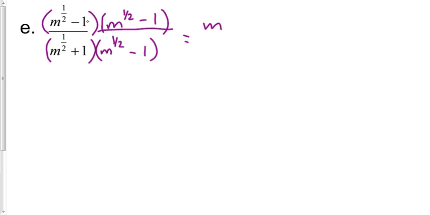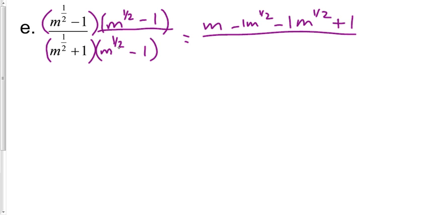Then I'm going to take the outside terms. M to the 1/2 times -1. That's minus 1 m to the 1/2. Then the inside terms. -1 times m to the 1/2 is minus 1 m to the 1/2. Then last times last, -1 times -1 is positive 1. We'll simplify that later. Okay, in the denominator, I've got m to the 1/2 times m to the 1/2, and